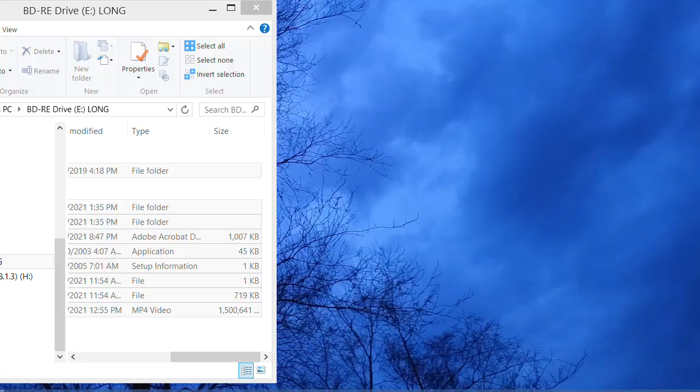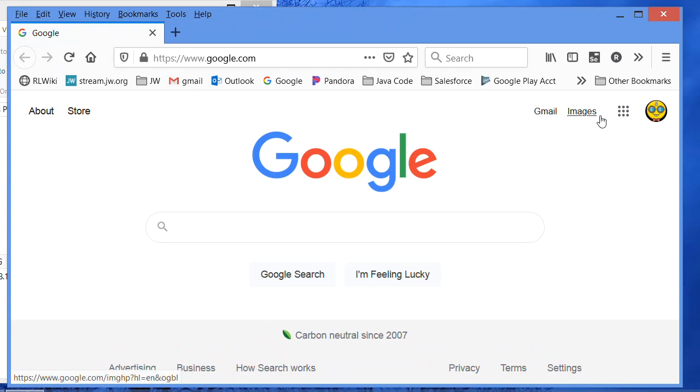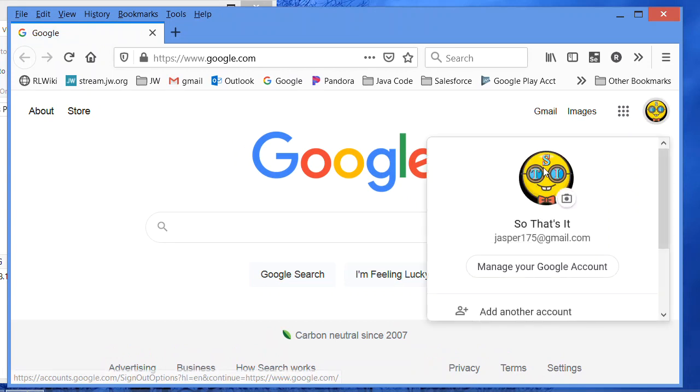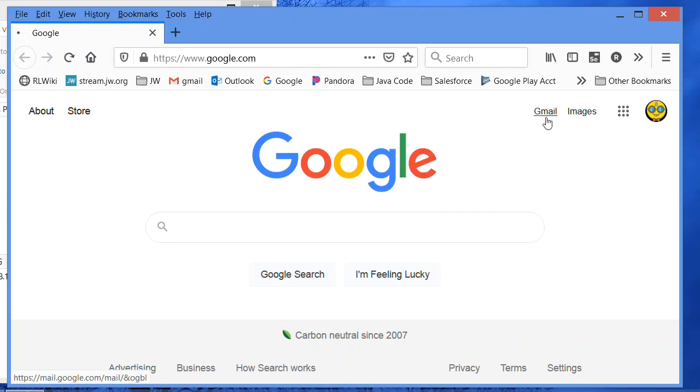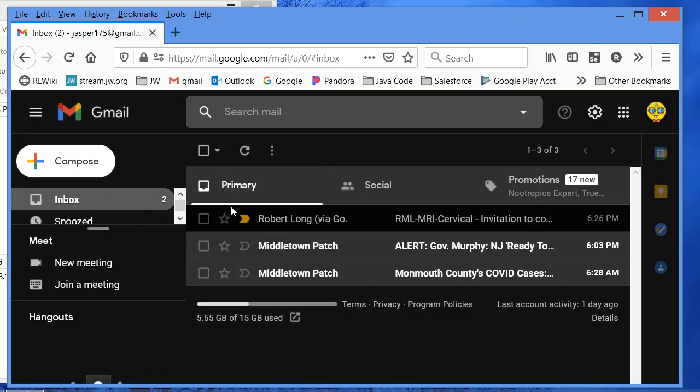All right, so now that that's sent, I come into Firefox, and anybody you send that link to, you can just simply keep sending that link to one email after another email. You don't have to go into Google Drive to figure anything out. So once I click on Gmail, now there's going to be a direct email from me,